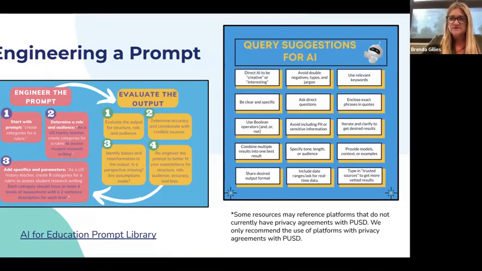Using relevant keywords, enclosing exact text or phrases in quotes, being very clear and specific in what you want it to do, the type of output you're looking for. Are you looking for a creative answer to a question that you're asking? Are you asking AI to read an email and write it with a more empathetic tone? Are you putting it in the position of being a principal at a middle school responding to a very upset parent? All of those kinds of pieces of information can really help improve the output that you're getting from the